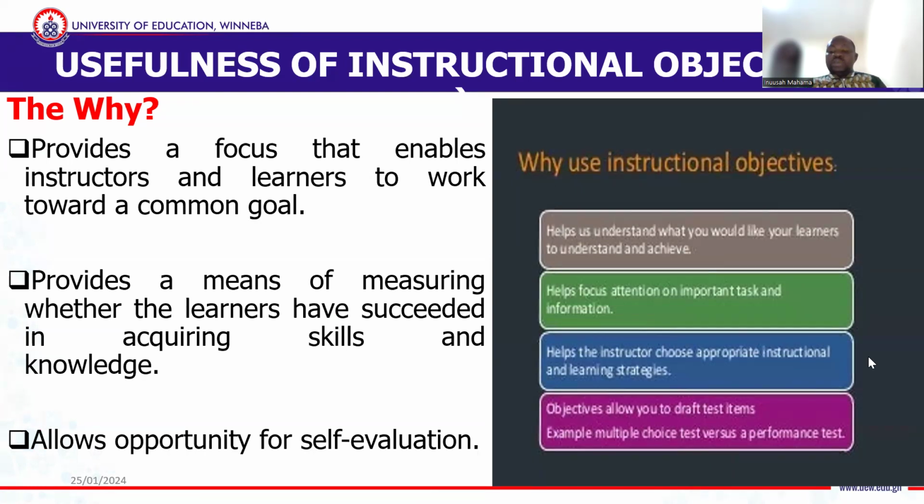Assuming as I started teaching you, I've not given you what we intend doing the semester, and I start teaching, how would you feel? You might have a lot of thinking in you, things that have gone against you, and you end up saying that, no, even Dr. Inusa Mahama is not doing what he taught us to do. So every instruction that you intend doing is about evaluating yourself as an instructor, and the learner will also benefit from the process of instructional objectives.